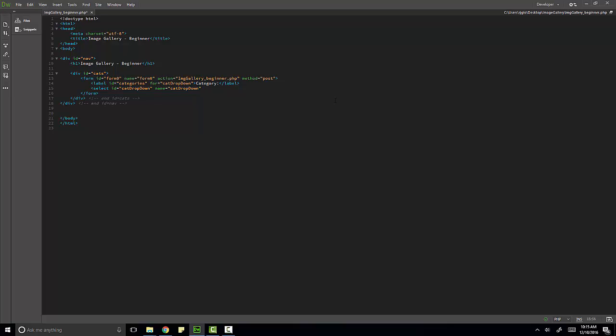Name of cat dropdown, that's important for submission. And then I lied to you, there is one bit of JavaScript. There will be an onChange there. And for right now, I'm just going to put onChange equals, and then I'm going to close my select there. And then for what goes in the select, we'll go and grab some PHP that we did in another file. But for right now,